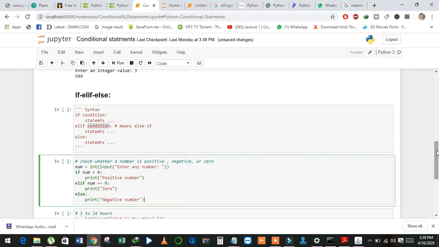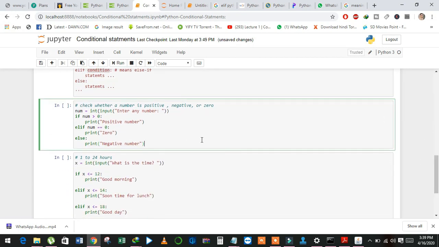See here, with the example we can understand more. The user enters a number and I want to check whether it is positive, negative or 0.